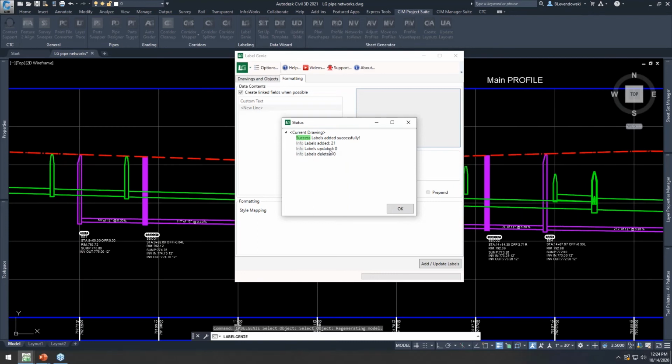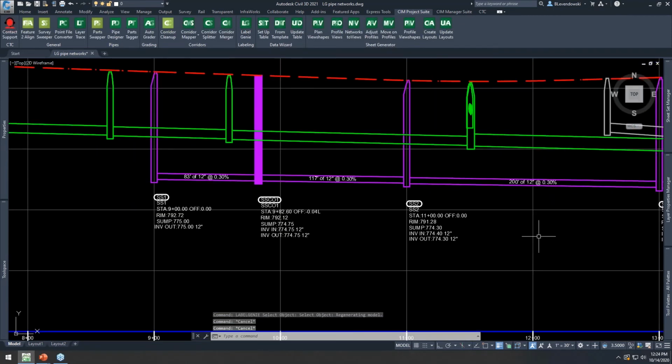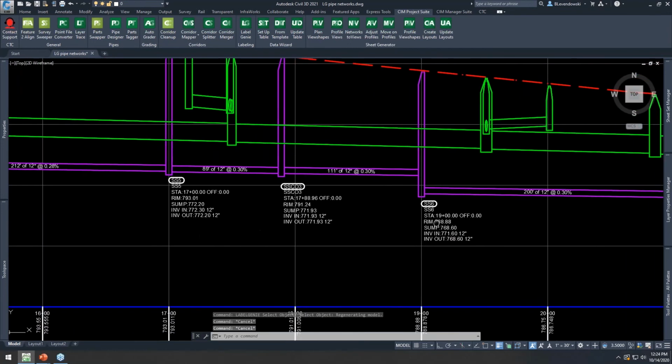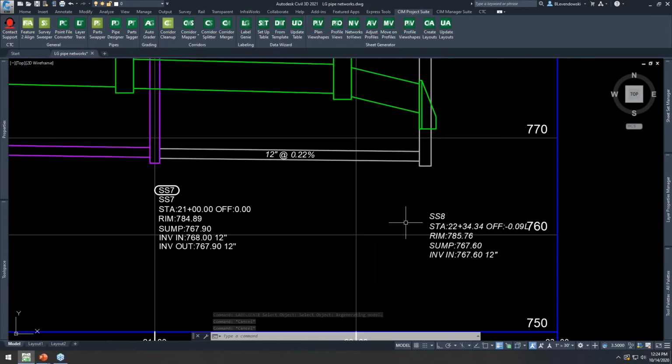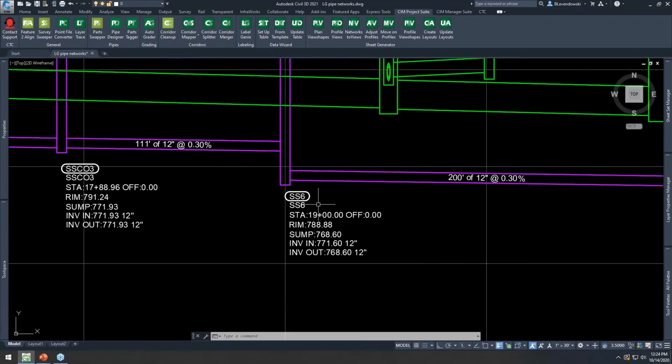Okay, so again, it has updating functionality. It doesn't just dump labels and then insert them on top of previous labels. It'll update, it'll delete them based on your settings. Okay, so again, similar kind of stuff, right? I've got unique labels for existing, my italics versus proposed, and these labels are